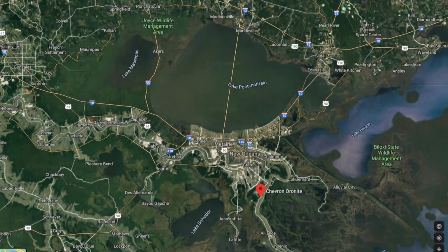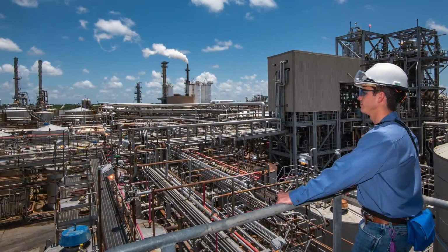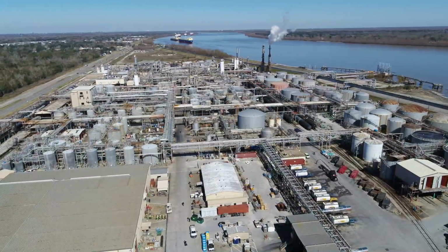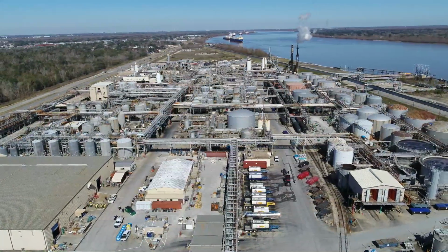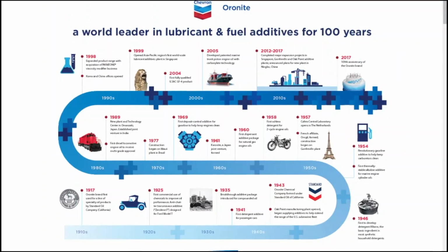Located in Belle Chase, Louisiana, Oronite operates the Oak Point plant. Chevron Oronite is a subsidiary of Chevron Corporation, and Oak Point is one of the largest additive plants in the world, producing advanced, high-quality products that enhance fuels and lubricants. Oak Point is a specialty additives manufacturing plant that has a long-standing history of success for more than 75 years